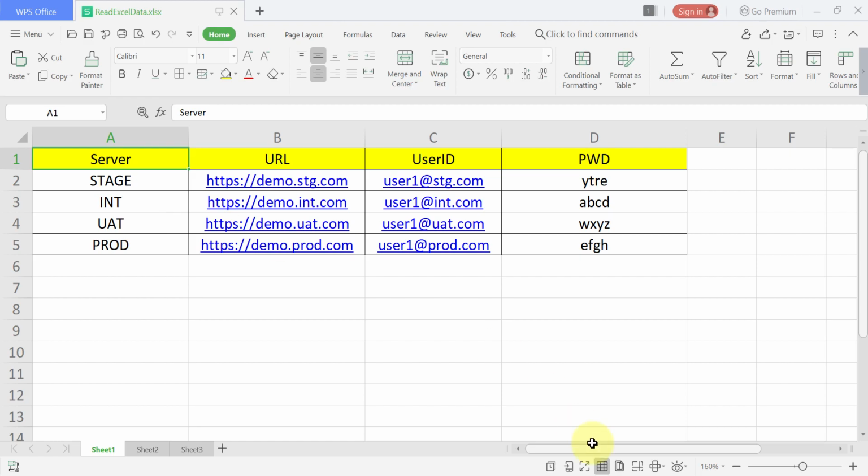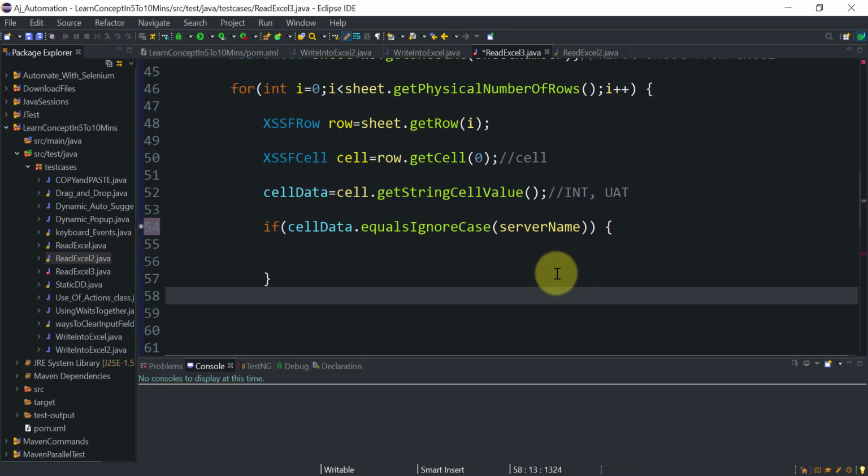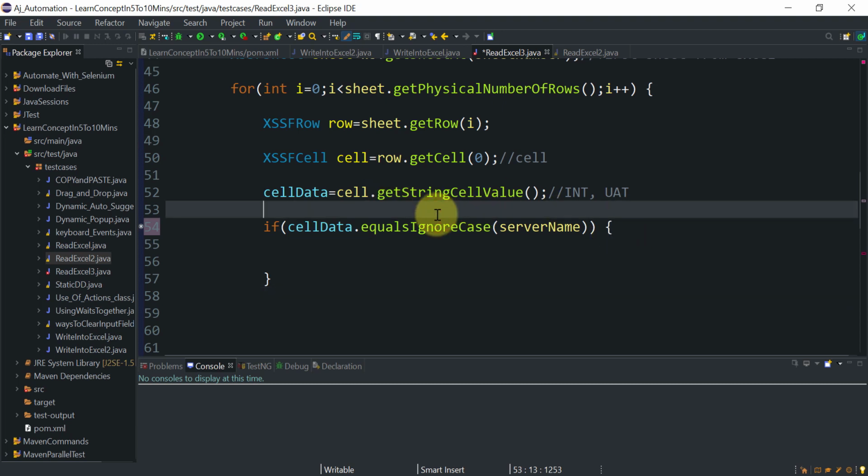For i equal to 3 we will get the cellData value as UAT, right? So this will match our condition, and it will go inside the if block.